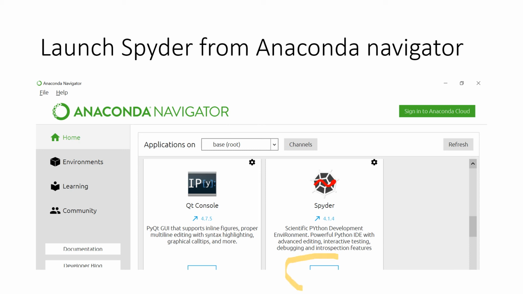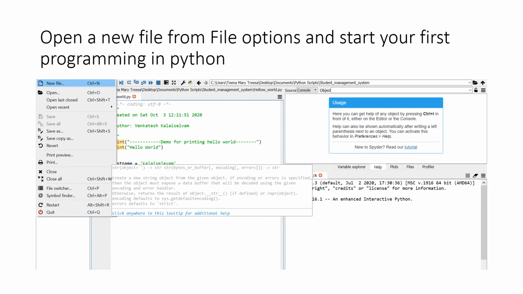It's hidden in my screenshot. When you try it in real time, you will see there is a launch button, and you can click on it, and then Spyder will open. After opening Spyder, this is how you will see it. Since I already have some programs, you can see the programs in the background.